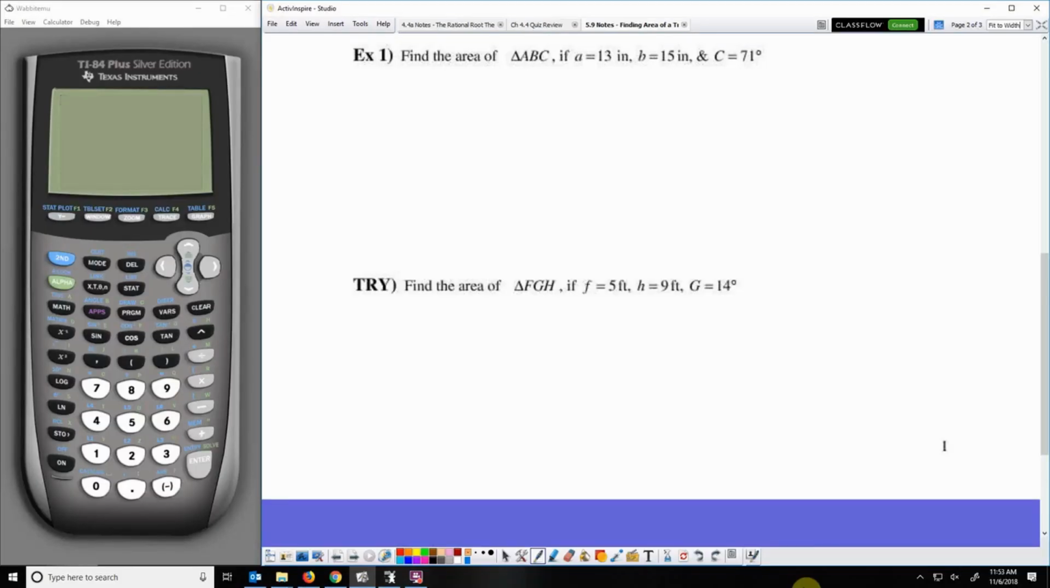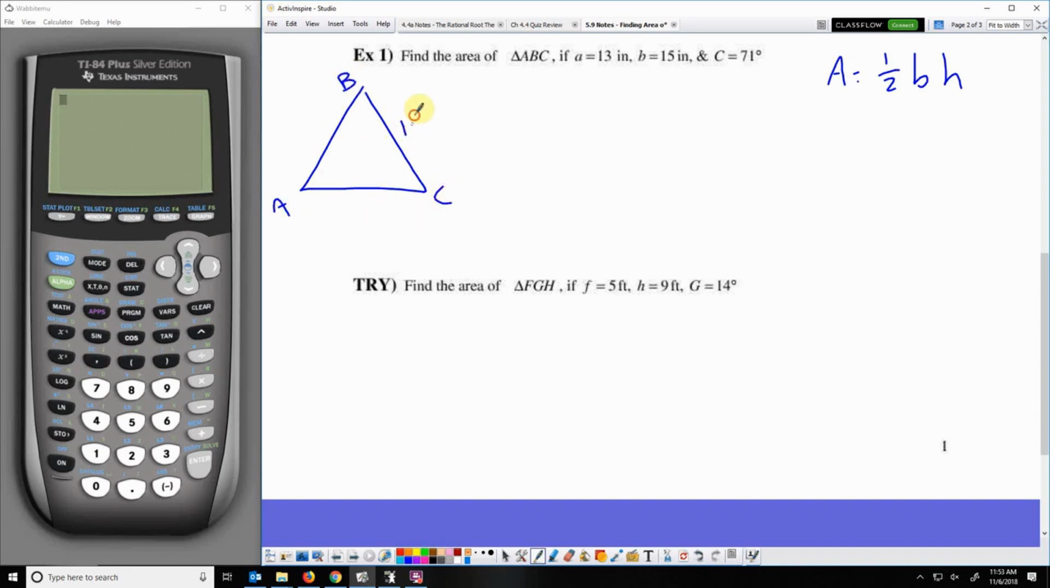Hey guys, today we're going to talk about finding the area of a triangle when you're given either side angle side or side side side. So use the area formula 1/2 base times height. But if you are given a triangle like this one,